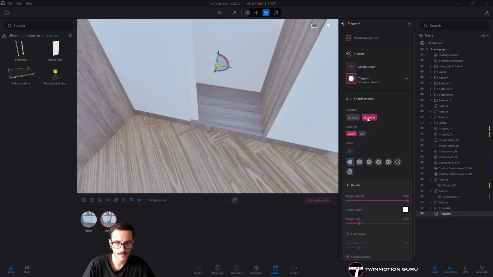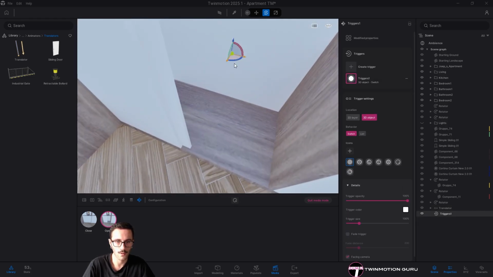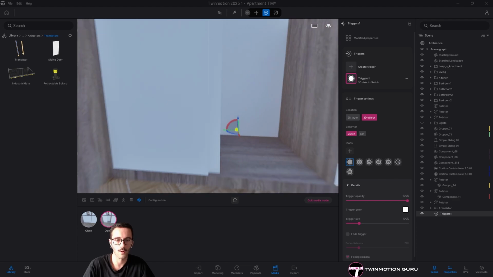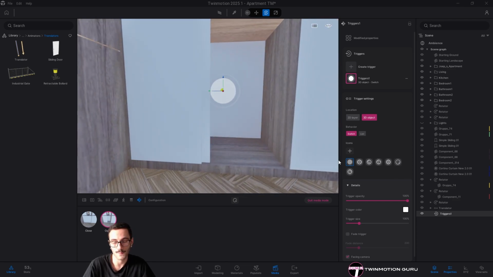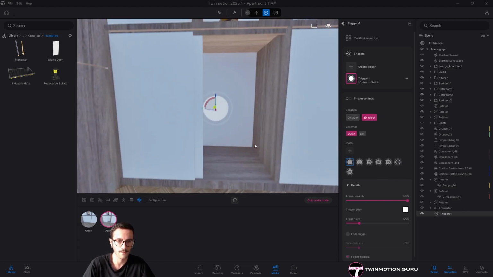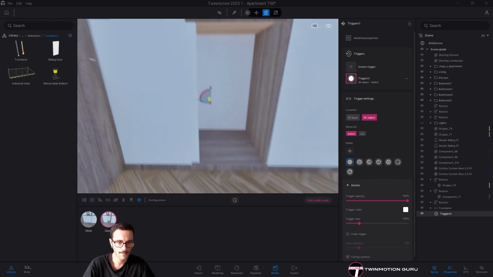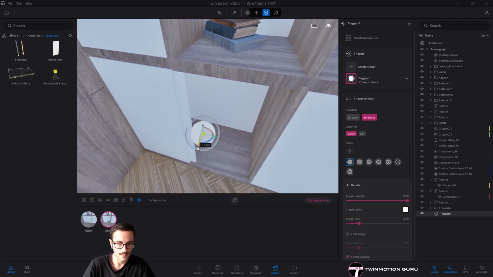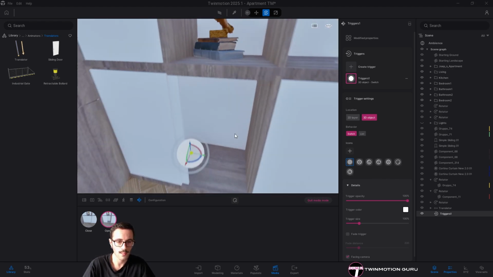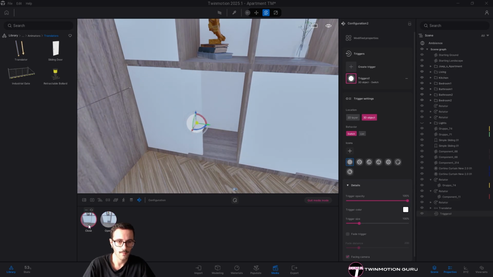Same thing applies here, so 3D object, because I want the trigger to be a specific object that follows my specific icon that follows my trigger, my sliding doors in this case, something like that. So I'm just putting the trigger inside the same translator,